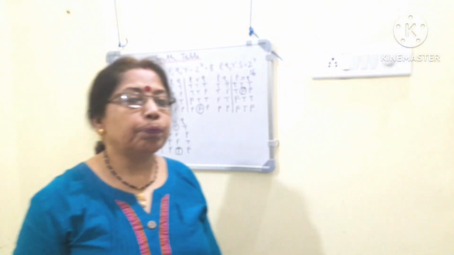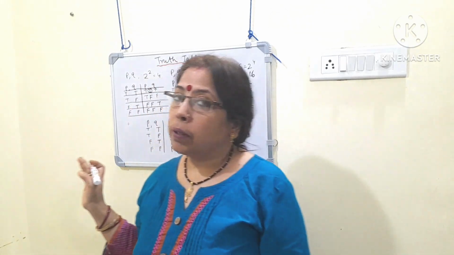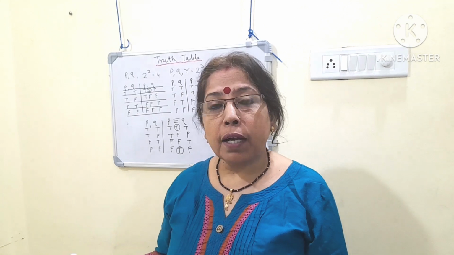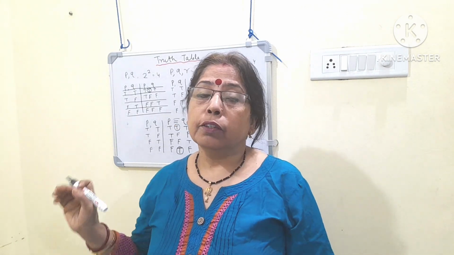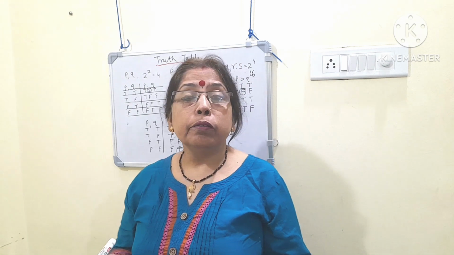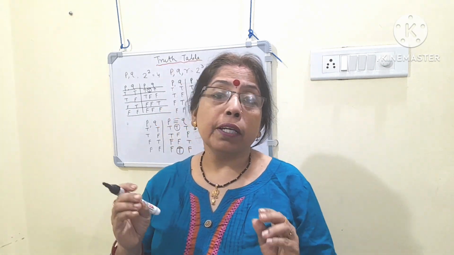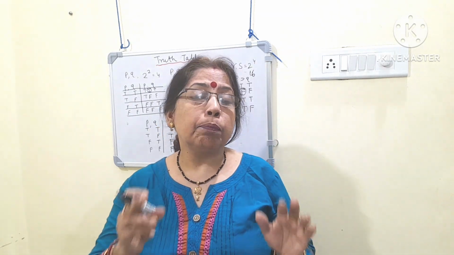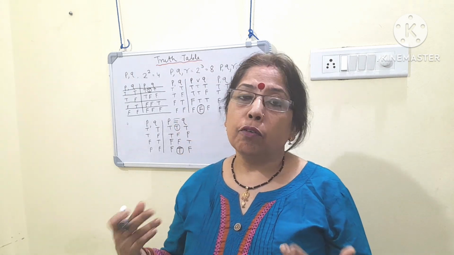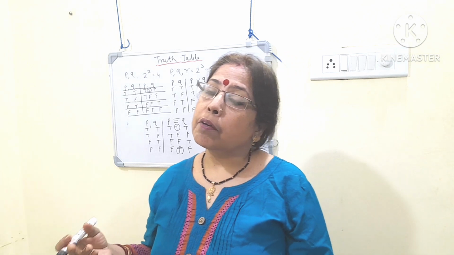Okay, so I think you understand this truth table and how you have to write it. I just showed you in the simplest form, but you will have to construct the truth table by joining 2 or 3 signs, such as P dot Q vel Q, it may be. I will show you this type of truth table in the next video.